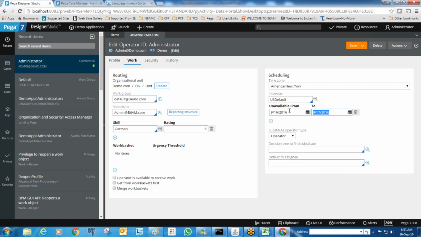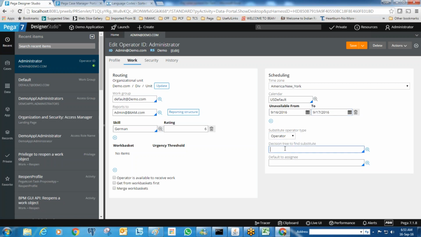Because you are on leave, we cannot perform that work anyway, but the work should be completed within the 2 days. In that case, when you are not available and the work is with you, the system should analyze and check for the substitute operator.